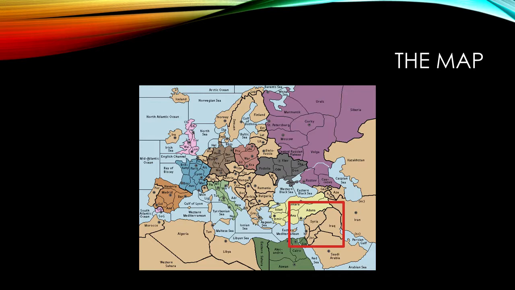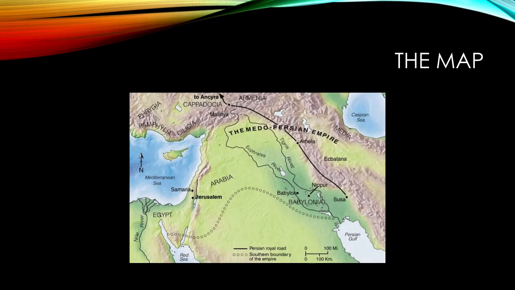Anyway, so here's what happens. Hopefully you know this part of the world. I'm going to go ahead and zoom in on the red box there. That red box is the Middle East. In the bottom right of this map, you see it says Babylonia, down by the Persian Gulf. That you will also know as Sumeria, the cradle of civilization that you learned about in your 9th grade history class.